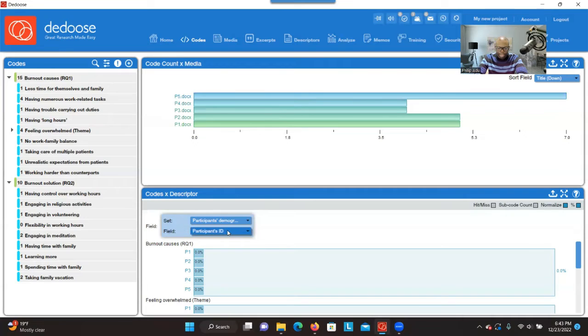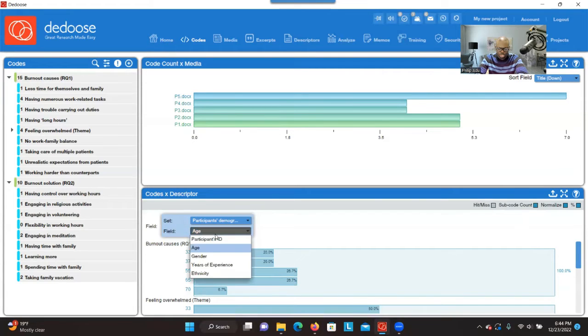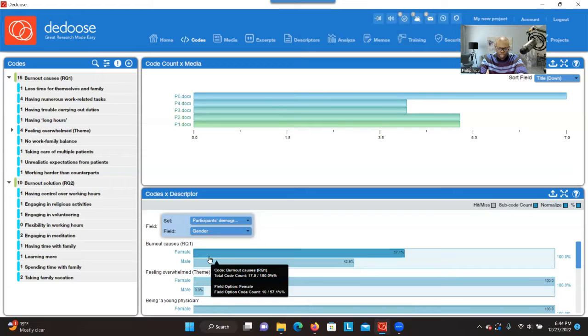And then this is also showing demographics. So it's the code and the descriptor. So you are talking about the code, we are talking about the code and the participants. So if you click on subcode count, you can see that for research question 1, for the age, let me change it to maybe gender. So for the gender,